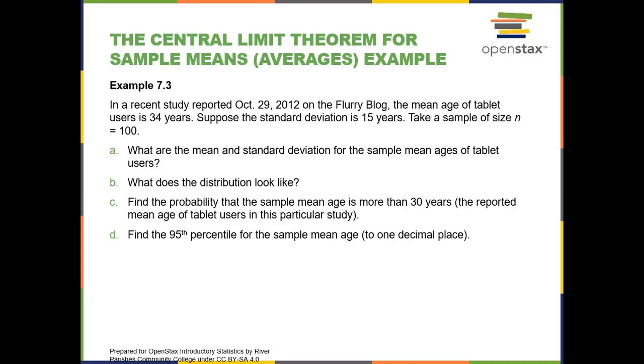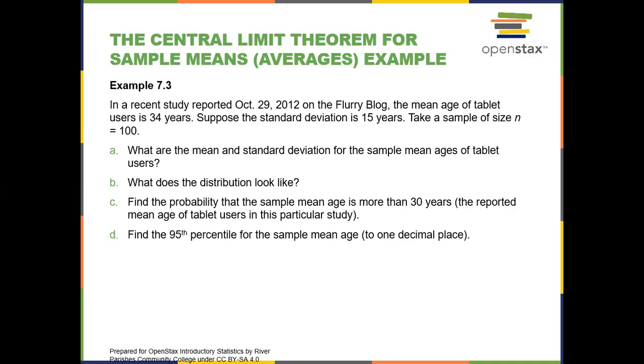Mean is equal to the mean of the population, which is 34. What is the standard deviation? It is 1.5, remember. Because you're using the standard deviation of the sampling distribution, or standard error of the mean, which is the standard deviation of the population 15 divided by the square root of the sample size 100, which gives 1.5. And then you paste, enter and enter. And that is